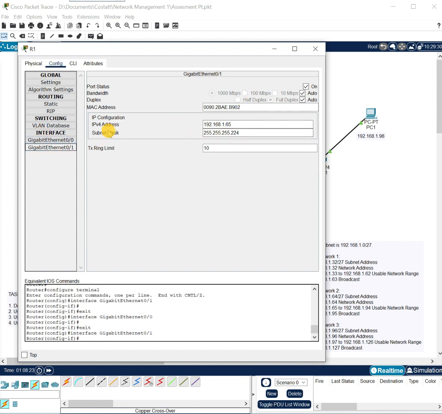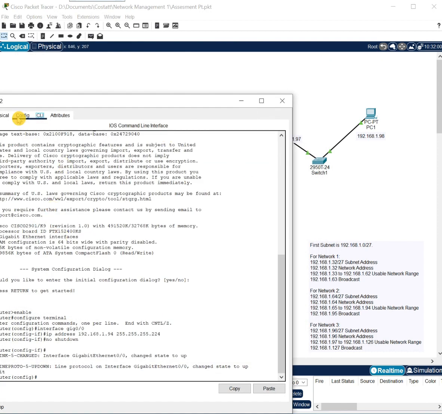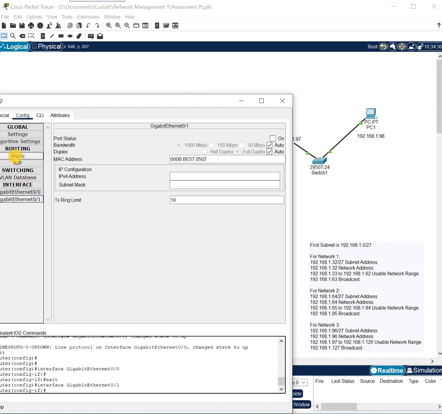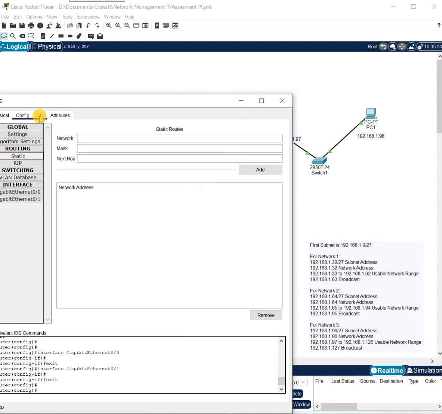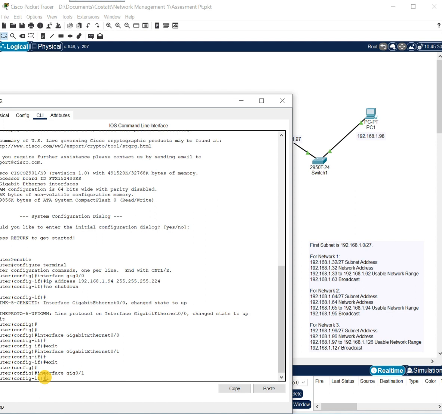Now we're going to do the same thing on router 2. So if you go to configuration to check, all we have is just the configuration for gigabit 0. There's no static route yet, so we'll go ahead and write interface, we're going to the interface gigabit 0/1, and we'll put the IP address, and the IP address for this was